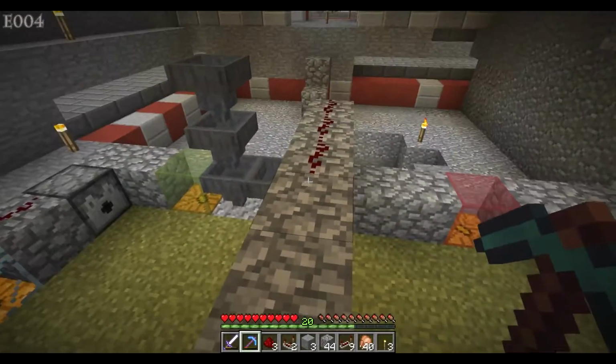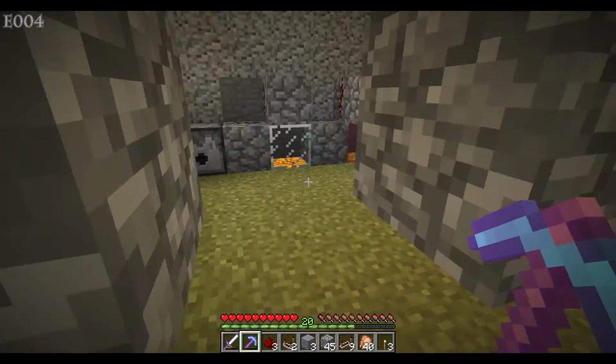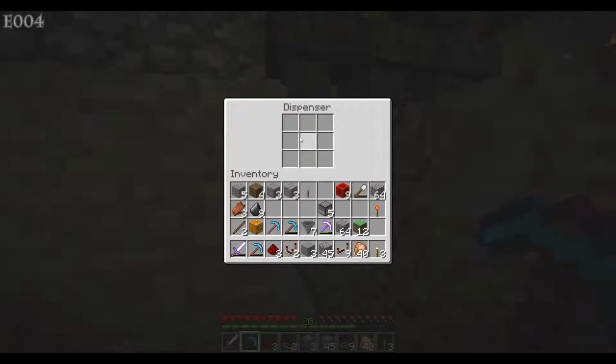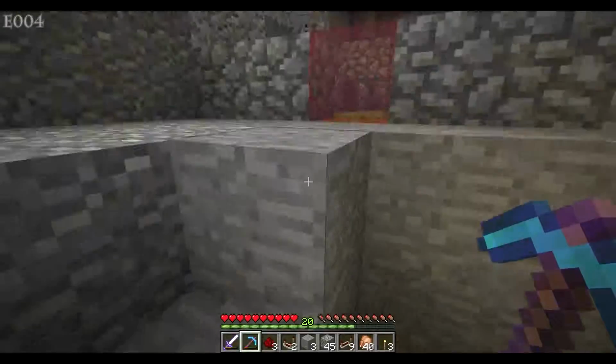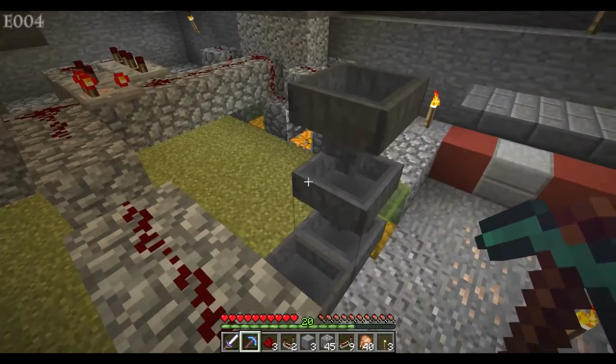I can always... Also, is anyone else bothered by the fact that it takes longer to break a lever with an efficiency pickaxe than it does to break down an entire block? Now, where did that lever go? Oh, wait, I have it in my inventory. I'm sorry, I was so used to having two there. So...